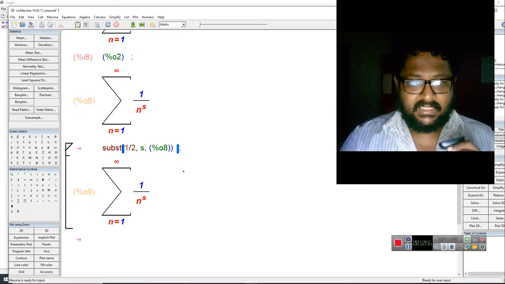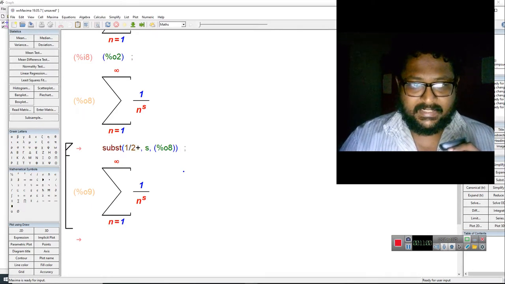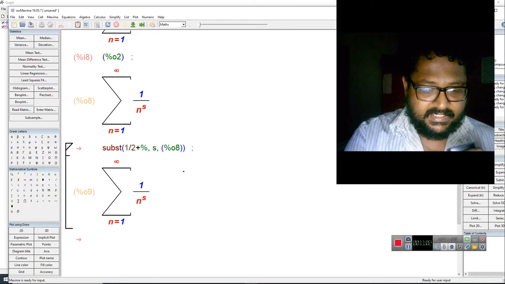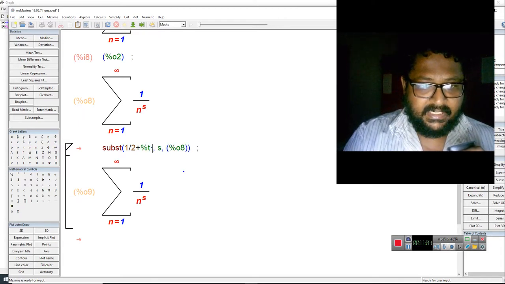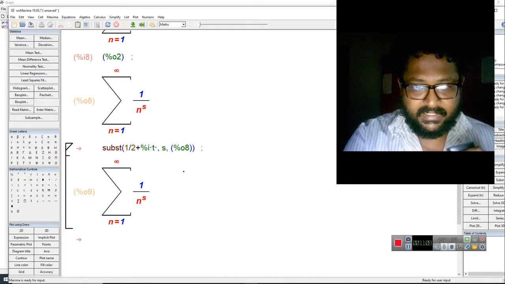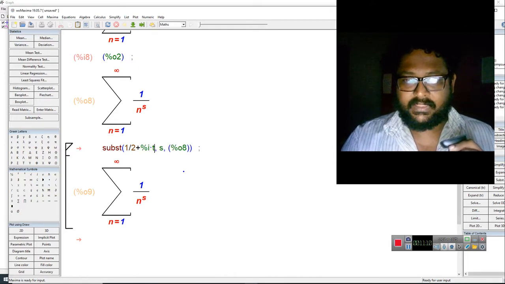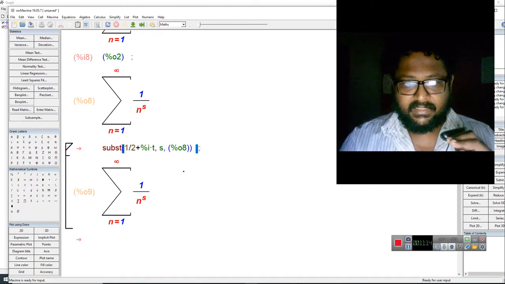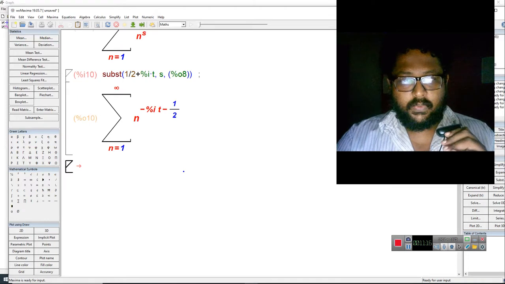For s, you substitute 1 divided by 2 plus percent i times t. This percent I am telling you has nothing to do with that percentage; it is just syntax. Don't confuse it with compound interest or anything.